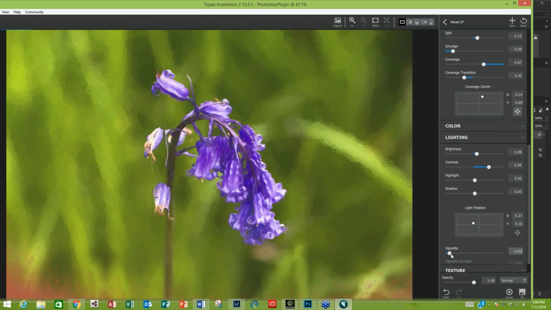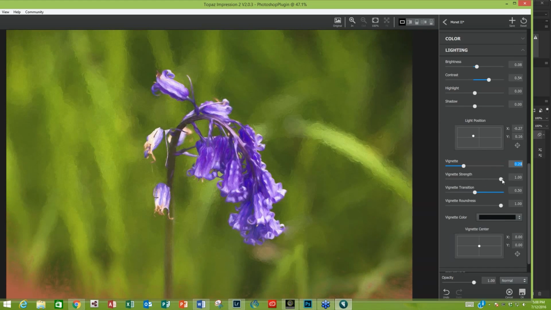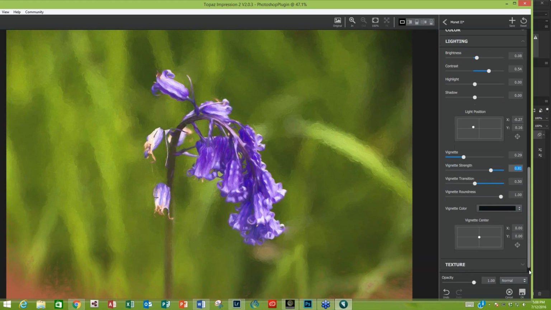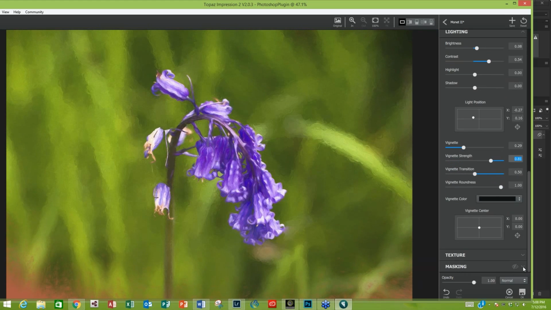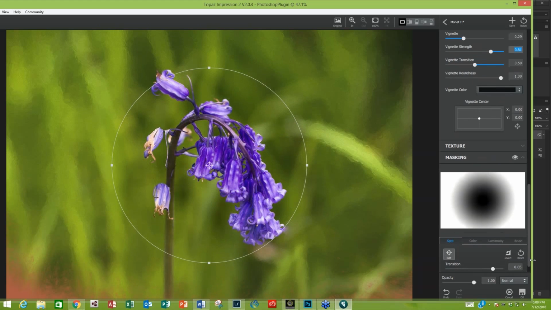I'm going to add a little bit of vignette around this, as I sure want that to come in a little bit darker. Color. All right, so now one of the big features within the new Topaz Impression 2 is the ability to come in and mask away areas that you do not wish to have